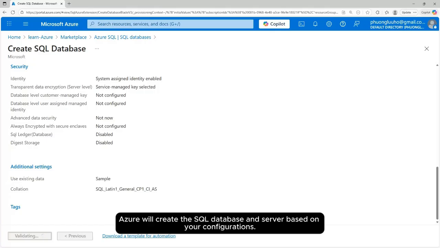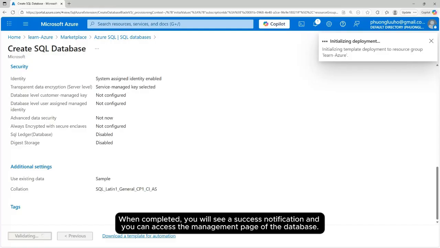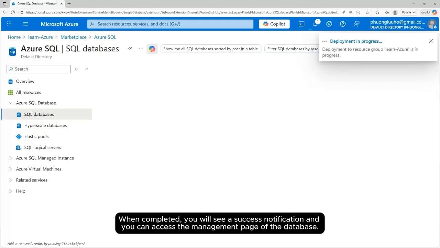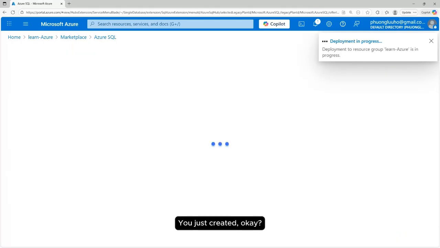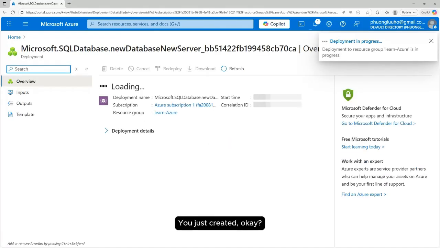Azure will create the SQL database and server based on the configurations. When completed, you will see a success notification and you can access the management page of the database you just created. Okay.